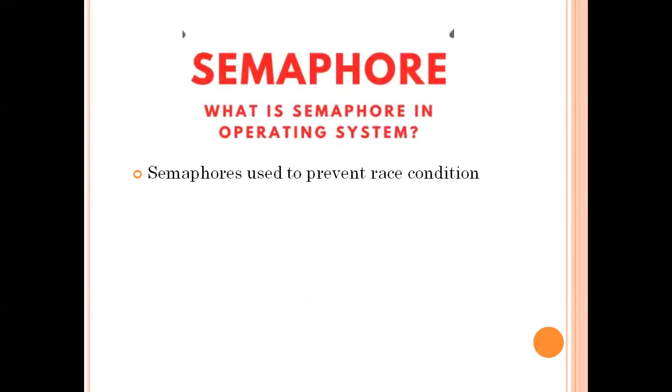How do semaphores come to the rescue? They are used to prevent race conditions. Semaphores are actually integer variables. There are two types of semaphores, counting semaphores and binary semaphores. They are quite the same, though they differ in their domain. Binary semaphores use 0 and 1, while counting ranges from minus infinity to plus infinity, but usually we take 0 to infinity.